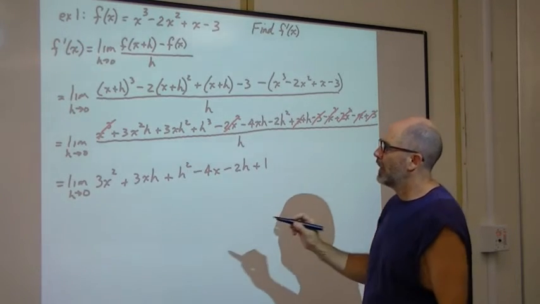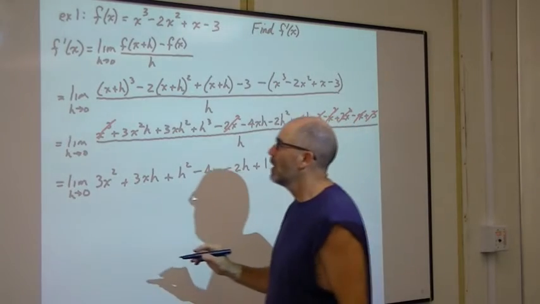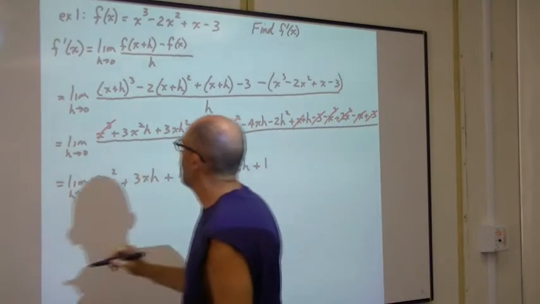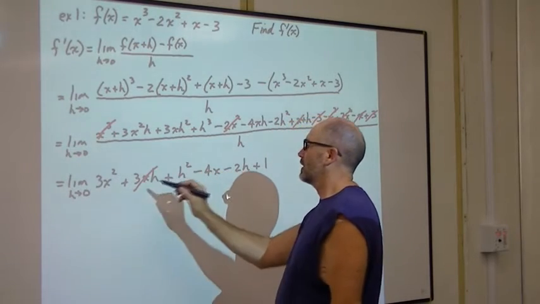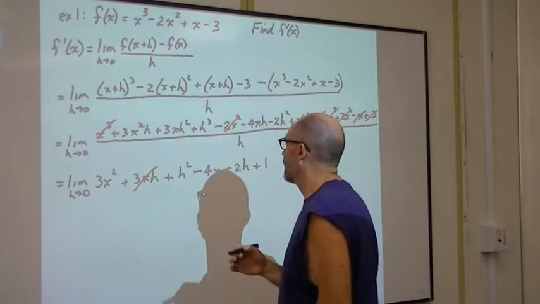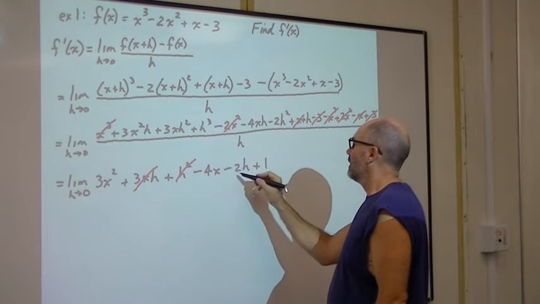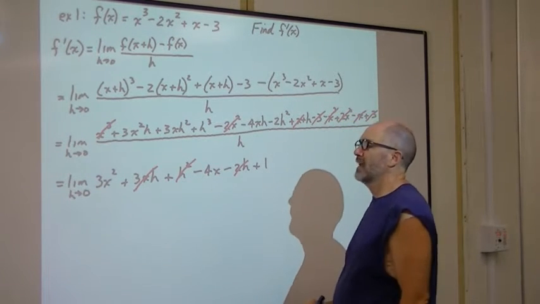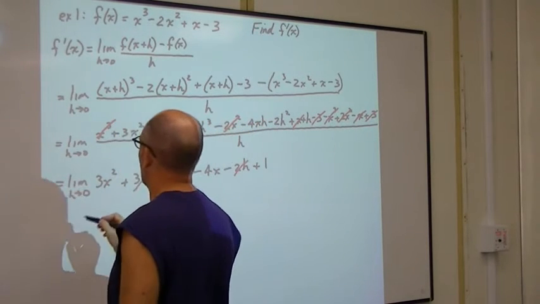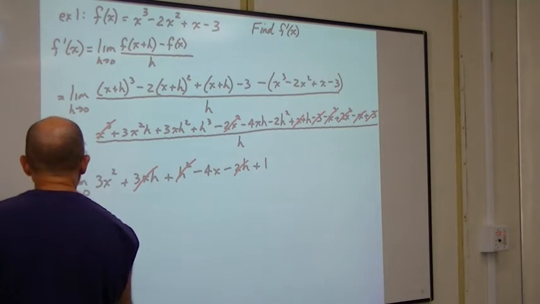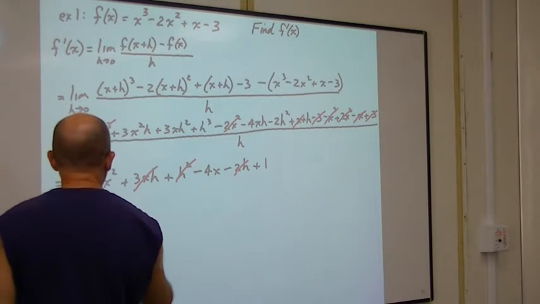Okay, so let's crank this puppy out now. We're ready to evaluate the limit as h approaches 0. So if h is going to approach 0, that means that term's gone because 3x times 0 is nothing. 0 squared is nothing. And 2 times 0 is nothing. So what do we have left? We've got that f prime of x equals the limit